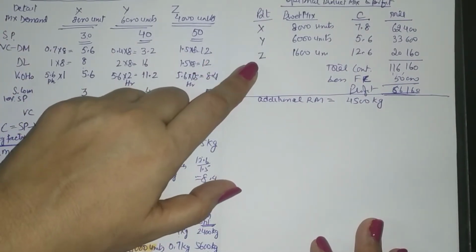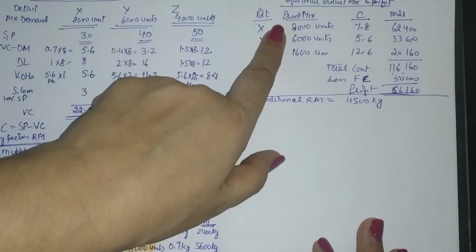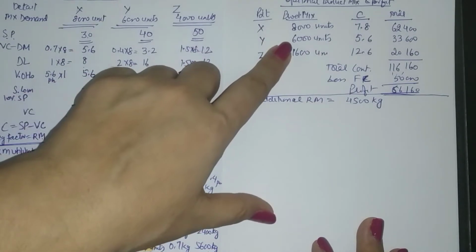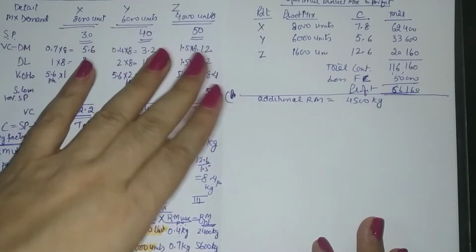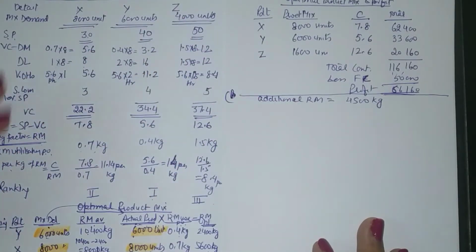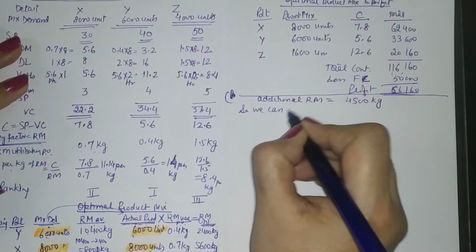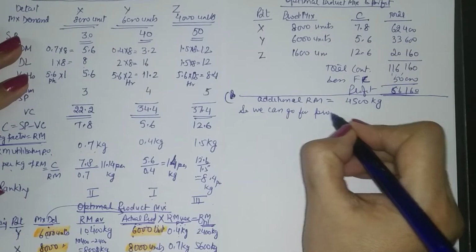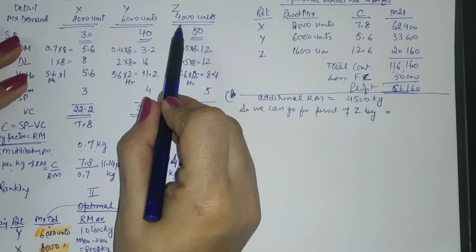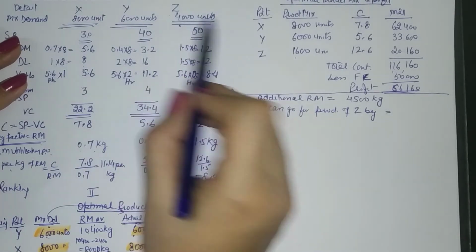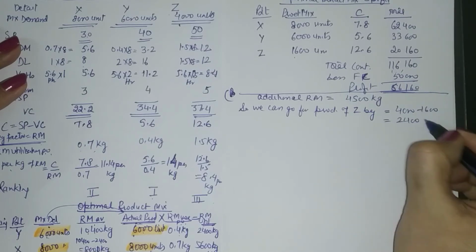Now when you look at X, Y and Z, X, you have fully saturated the market. It had a maximum demand of 8,000, you used it fully. Y is also fully satisfied. It is only in the Z that we are having some scope. So if the raw material is available, we can go for production of Z. So we can go for production of Z by how many units? Maximum demand is 4,000 units. You are already producing 1,600 units. That means you can go for maximum 2,400 units.